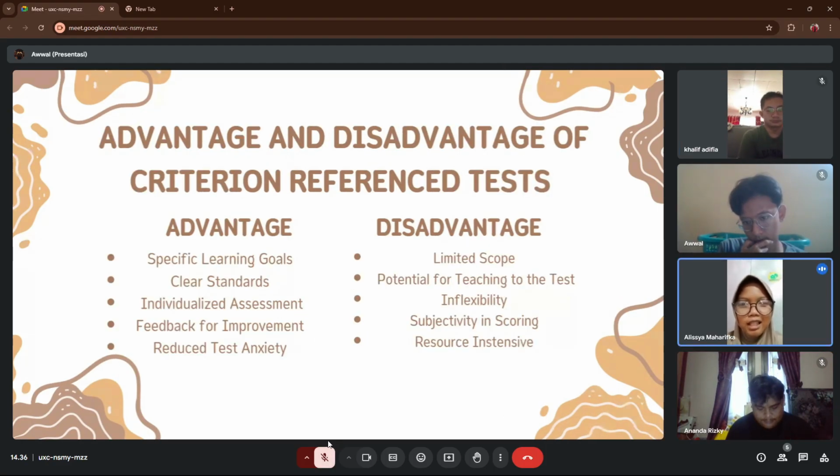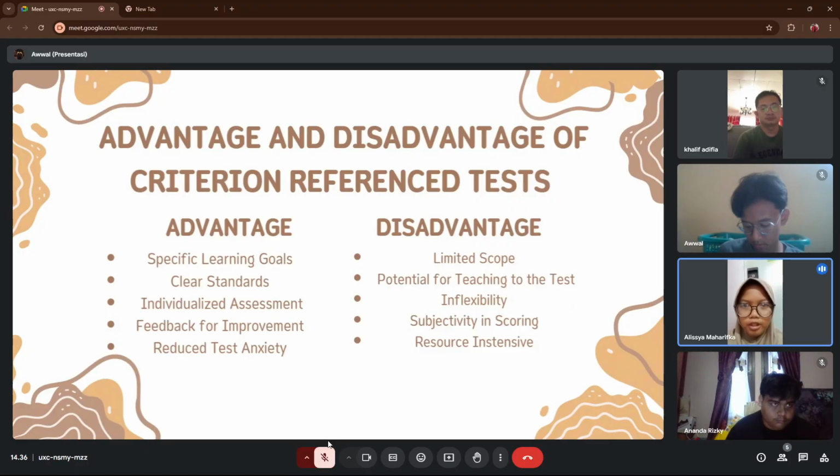Next is the advantages and disadvantages of criterion reference tests. Here are some advantages of criterion tests. One is specific learning goals.